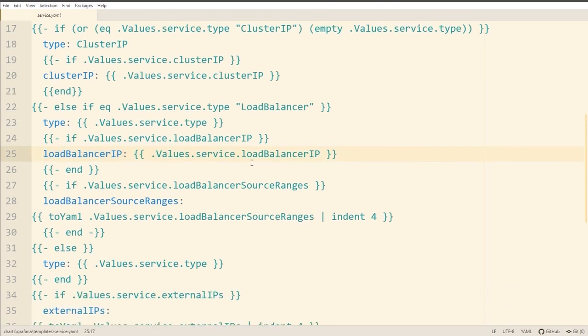But then finally, we have an else block here. It's just saying otherwise set the type to be values.service.type. So that tells us to switch this to be of type node port. We just need to go into the values.yaml file and set service.type, or we can do it with --set.